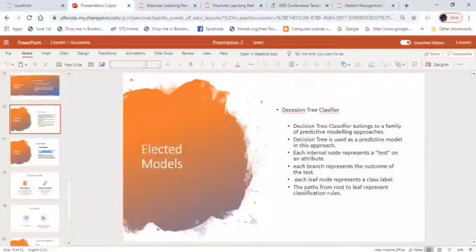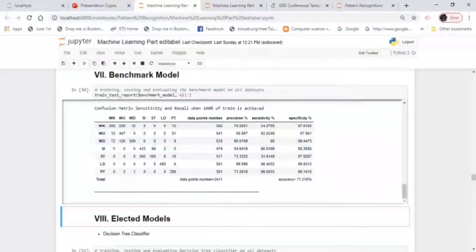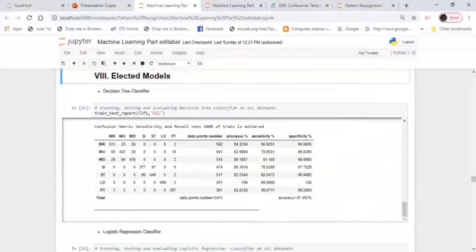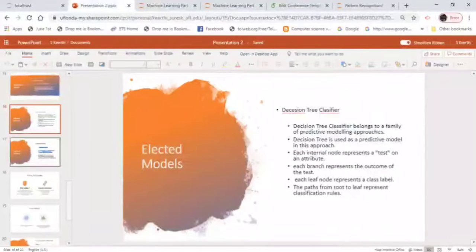A decision tree is used as a predictive model in this approach. Each internal node represents a test on an attribute, and each branch represents the outcome of the test. I applied the decision tree classifier, and the accuracy came to 87.452%.